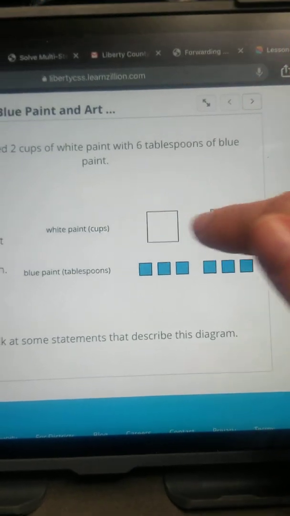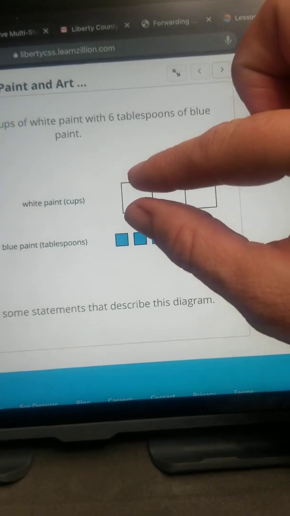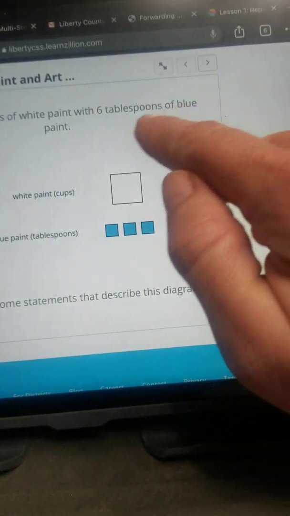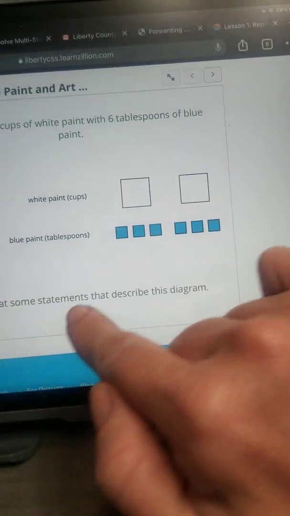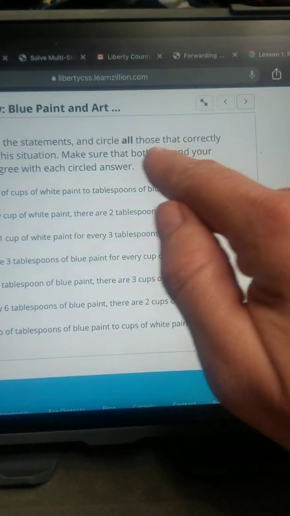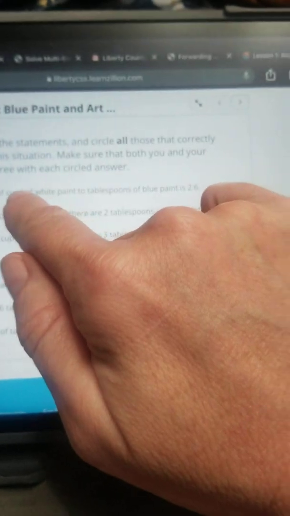We got 2 cups of white paint. They made them a little bit bigger. And then 6 tablespoons of blue paint. 2 cups, 6 tablespoons. Let's look at some statements that describe this diagram. Circle all of those that correctly describe the situation. The ratio